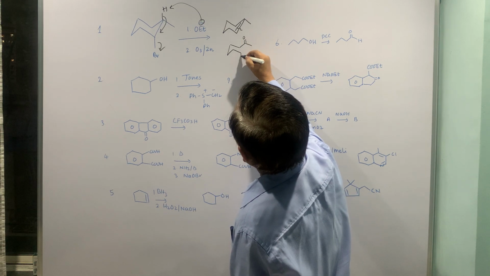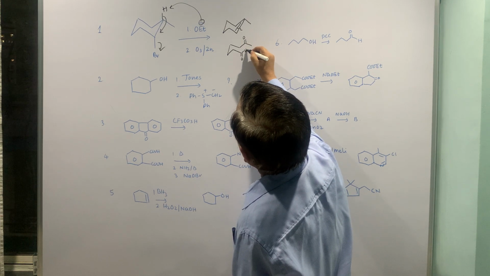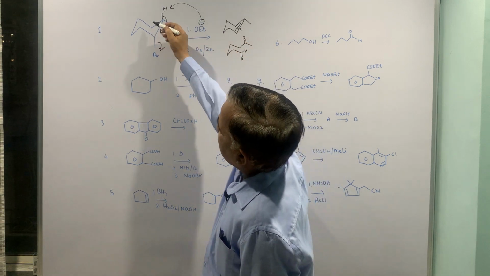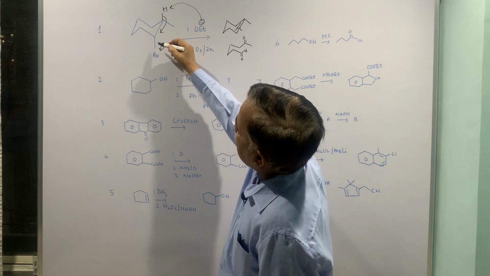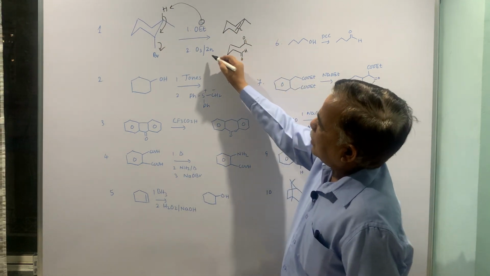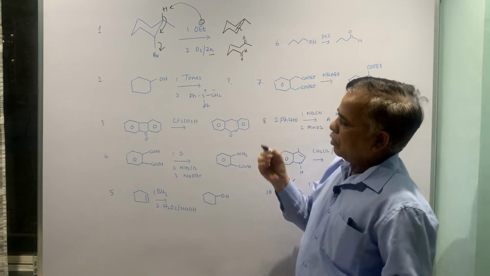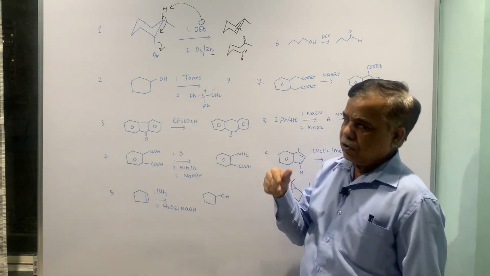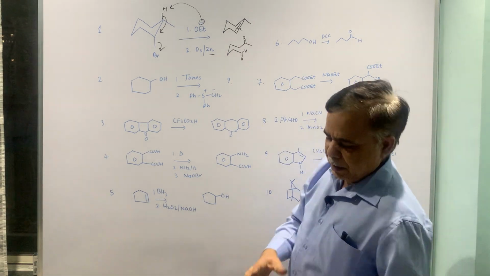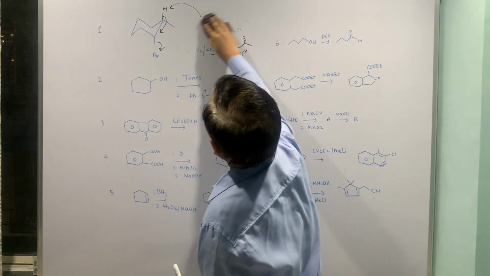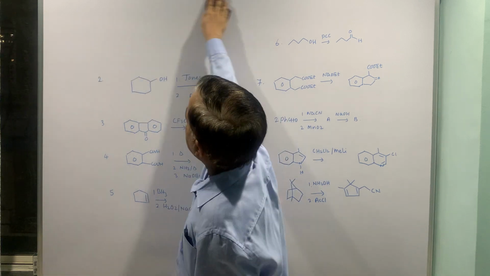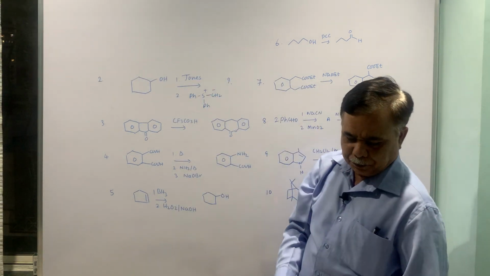this becomes ketone, the other side becomes aldehyde. So 1, 2, 3, 4 intervening methylenes are there. One part becomes aldehyde, the other one becomes ketone. This is reductive workup, so you are going to get aldehyde. If it is oxidative, this will become acid, the other one will remain as a ketone. Mechanism and all we have already written, so no need to repeat the same thing.